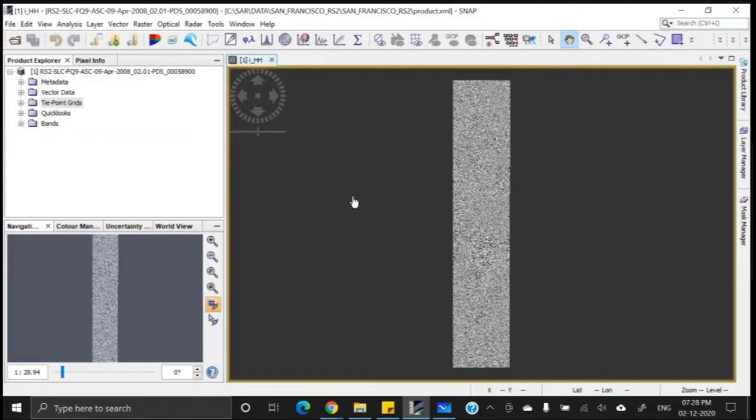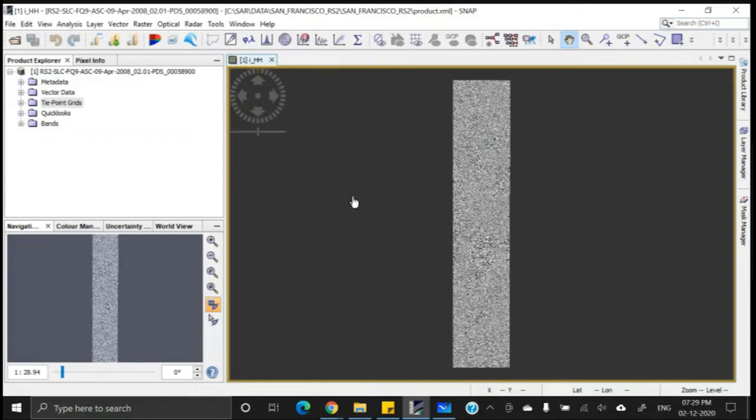Other than Sentinel data, you won't be able to perform the orbit correction. Once we deal with the Sentinel data, we shall definitely discuss the orbit correction with the appropriate orbital data.